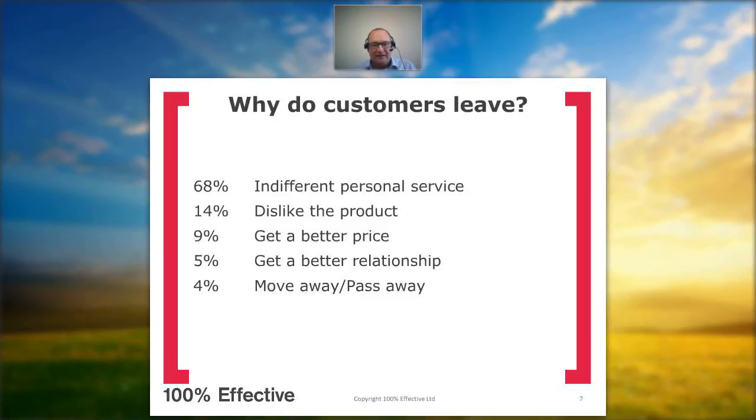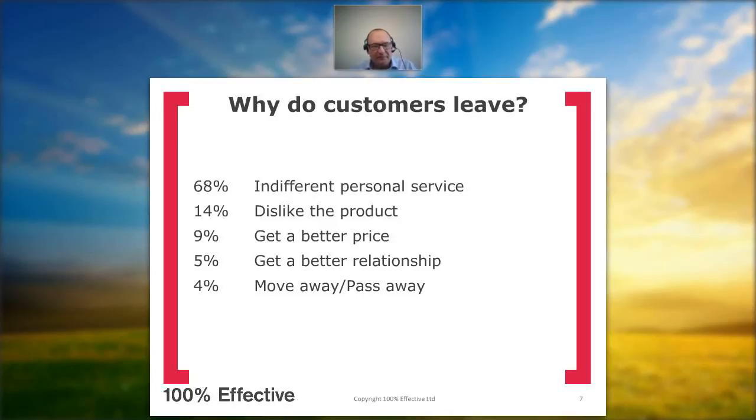In fact, we had a great example in our office this morning with Vodafone, who had given us all kinds of problems as they normally do. We asked them to give us a ring back. They didn't ring us back. Eventually, we said we've had enough and we're going to leave them. And the reason we're leaving them is indifferent personal service. It's not because we don't like the product. The price is comparable with anybody else, but it's really the level of service that's let us down, and therefore